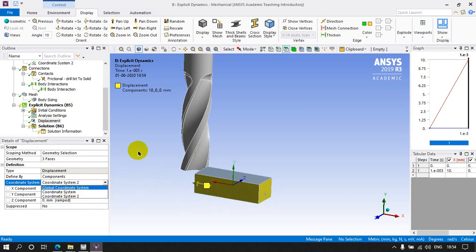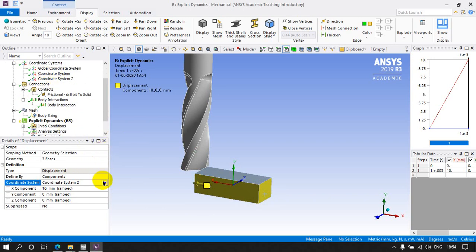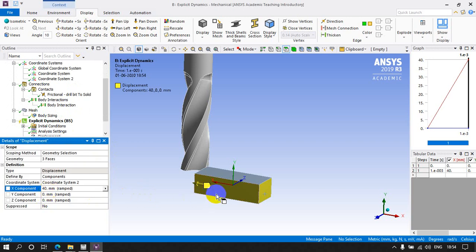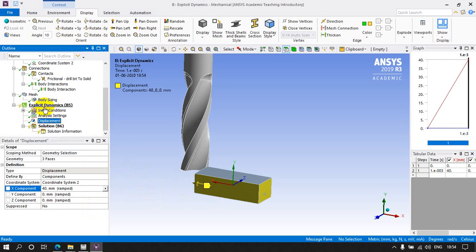That's why we created these coordinate systems here. Okay, let's put a certain value here. Let's select 40. It is moving 40 mm. Okay, now I'm going to